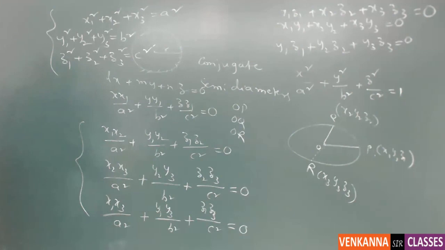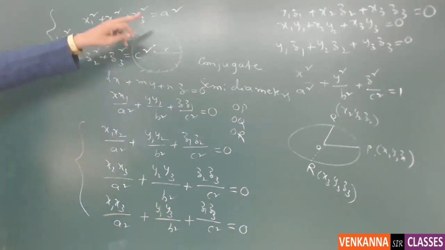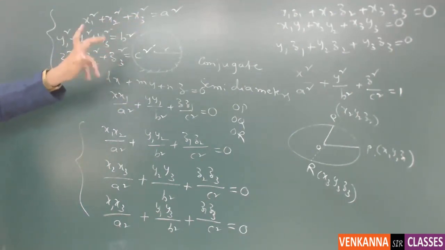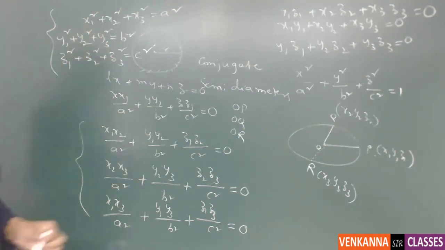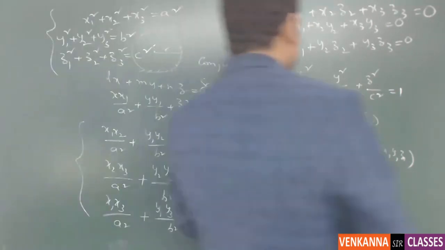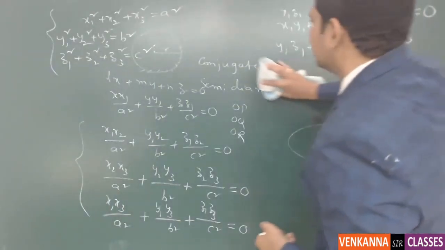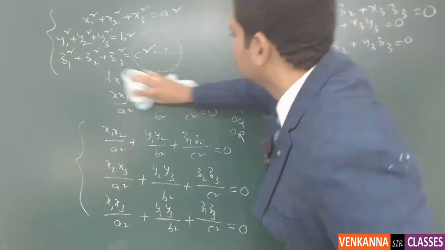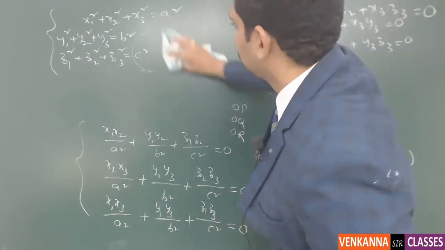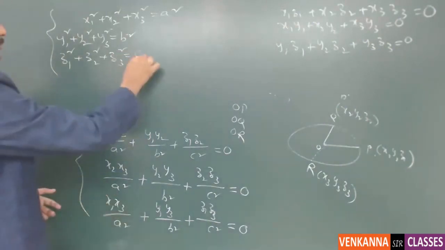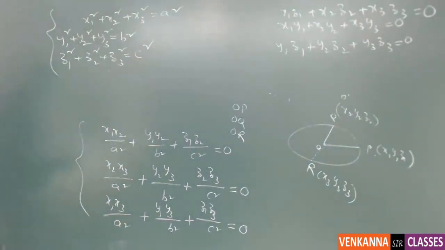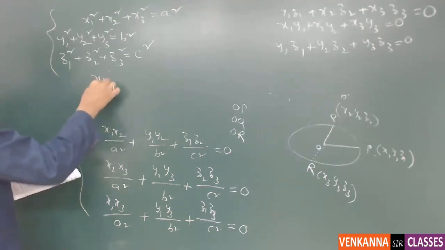If you observe, the properties that I have written are similar to the properties of direction cosines. Please understand that the properties that I have written are somewhat similar to the properties of direction cosines. That is one set of properties. And you have one more property that